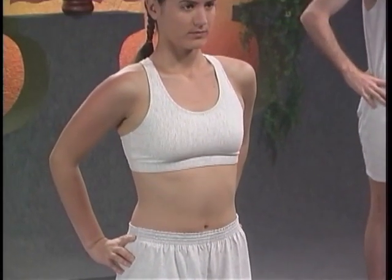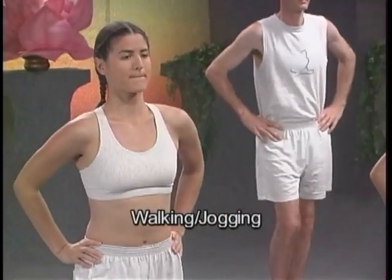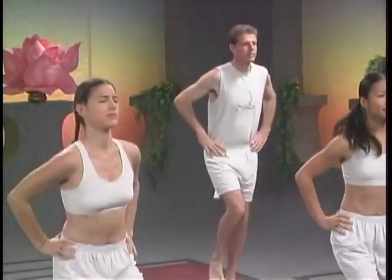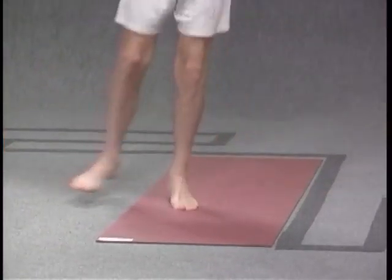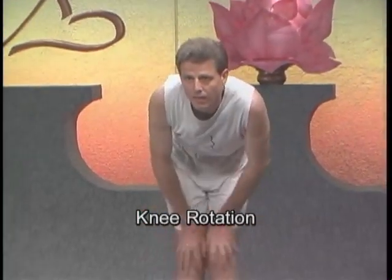Then walking and jogging in your place where you're standing. Walk. Then begin to jog, keeping the hands on the hips, and a little faster, then sideways, then slow down and stop. Knee rotation. Place the hands on the knees, rotate clockwise a few times, then counterclockwise a few times,